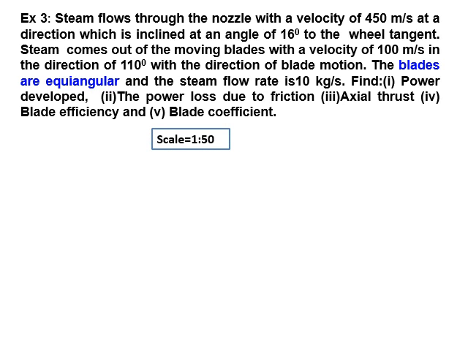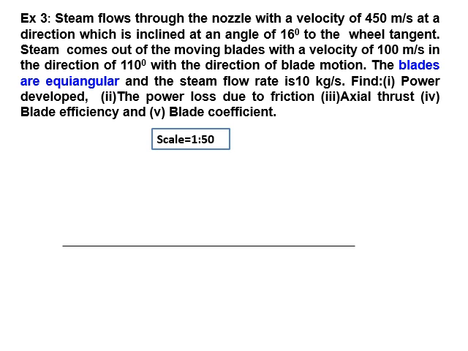Take one scale. The scale is taken as 1 centimeter is equal to 50 meter per second. Now draw one horizontal line. Here the u value is unknown, the blade velocity value is unknown. So there is one more type of numerical on this single stage impulse turbine, in case the blade velocity